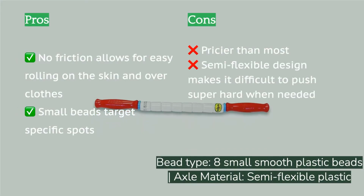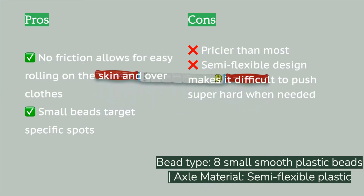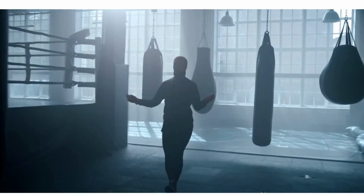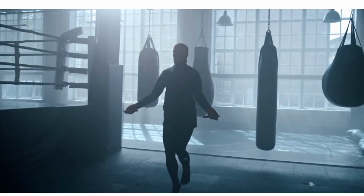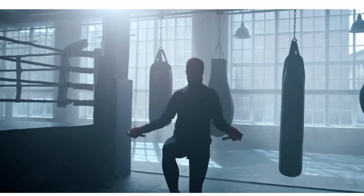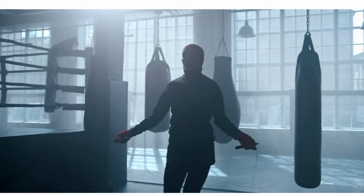We found this design simple and smooth to use, mostly because the loose design allows for less natural friction. With the Stick, you will have your muscles warmed up for a workout in no time, and the small beads can focus on any specific areas that have more kinks to work out. The Stick has the unique semi-flexible spindle design that helps it contour around muscles for better coverage, unlike any other